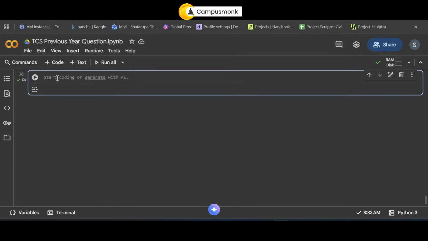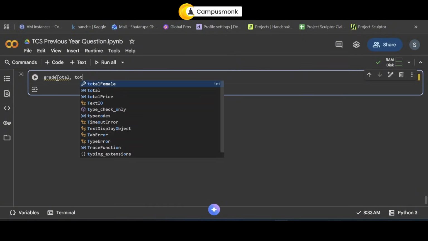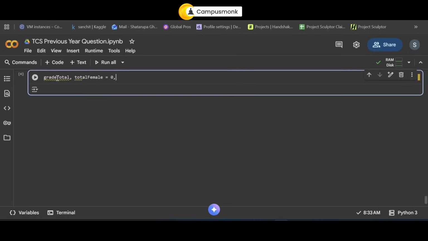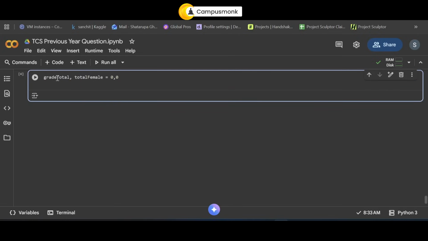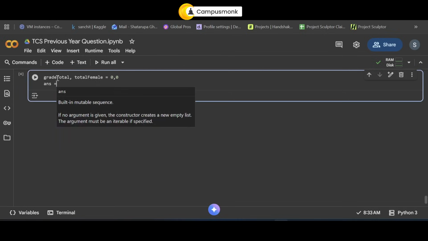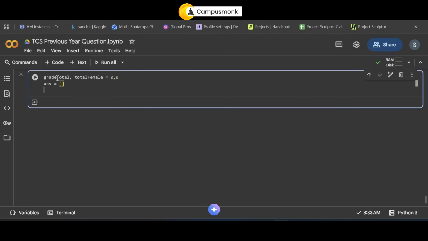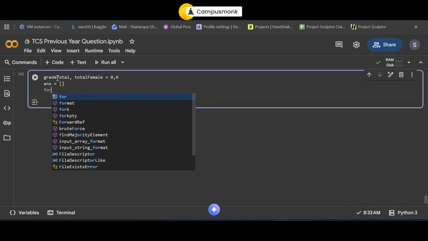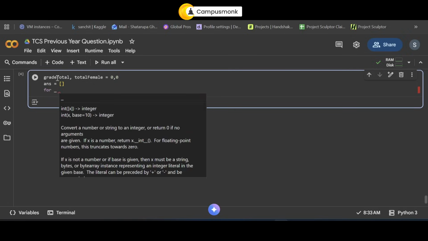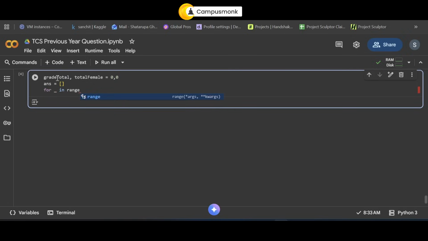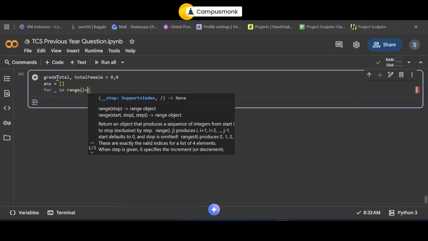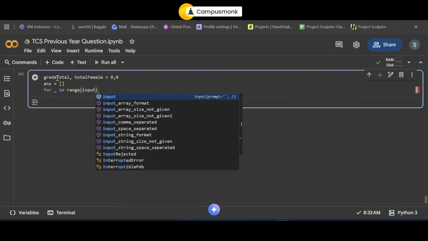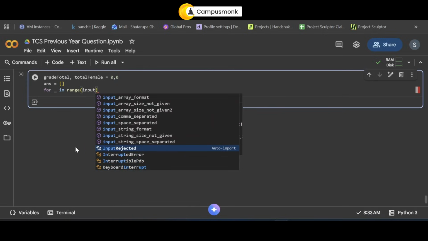So we'll start by taking two things. One will be the grade total. The other will be your, say, total female. Okay, and we'll set both of these variables to 0 and 0. Now the answer should return a list of your names, right, whose age is greater than 20. So we'll run a for loop in the range. What will be the range? Whatever number you input. Okay, so we are going to put this as int